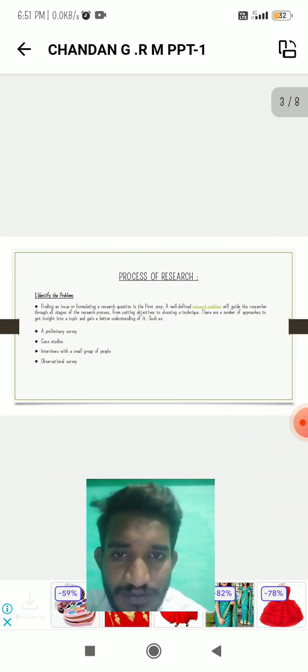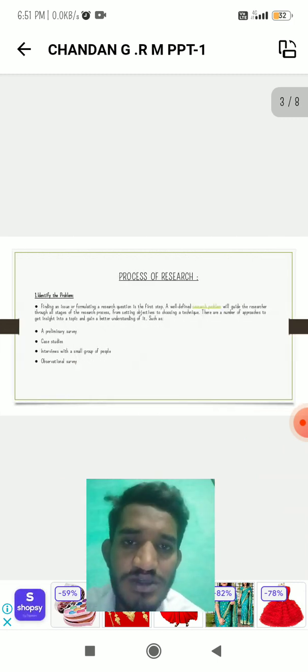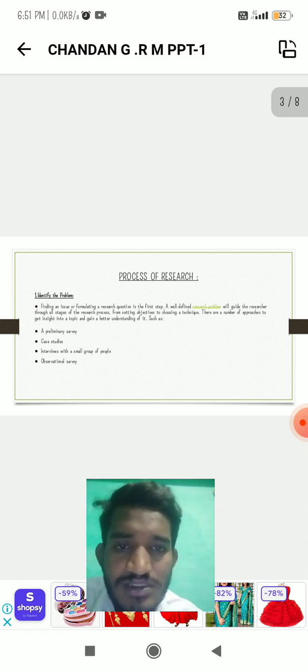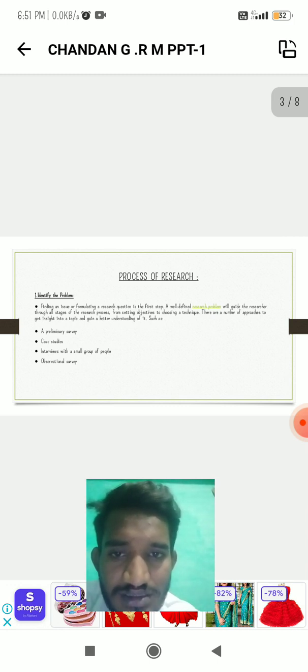Process of research. Identify the problem. The first one in the process of research is identifying the problem. Finding an issue or formulating a research question is the first step. A well-defined research problem will guide the researcher through all stages of the research process, from setting objectives to